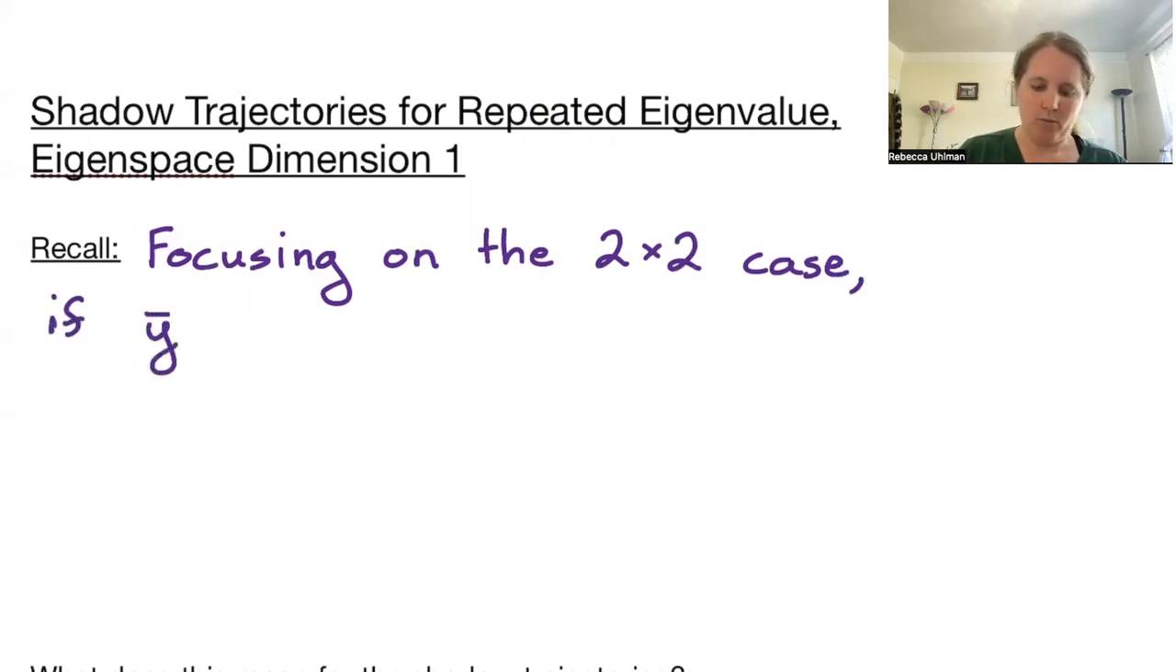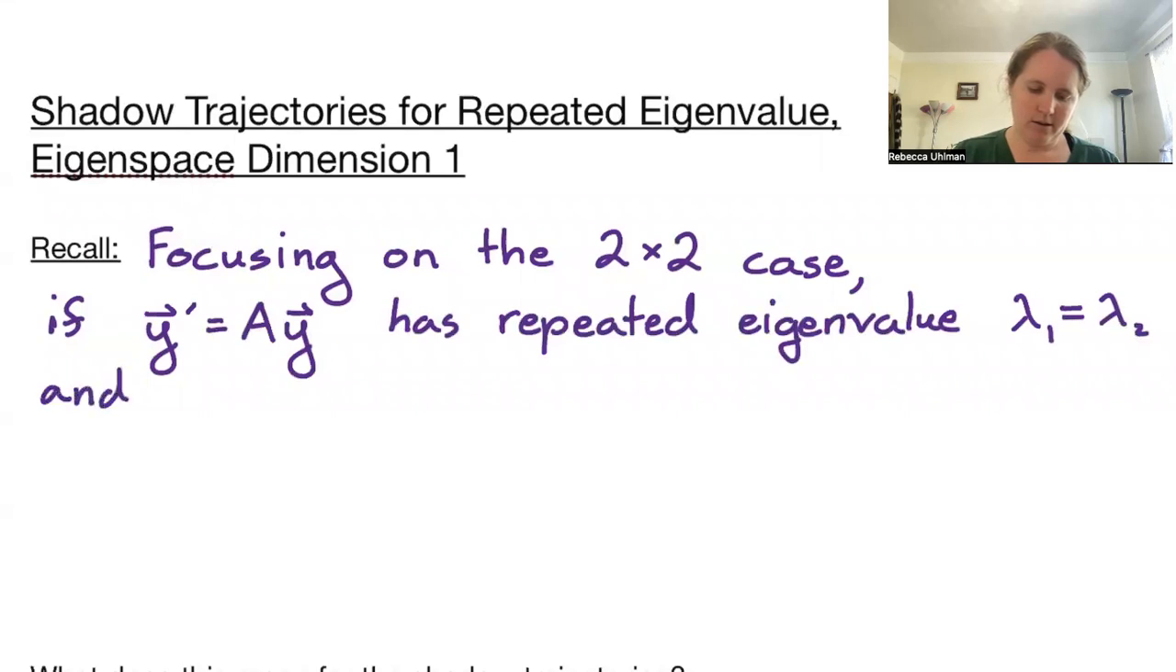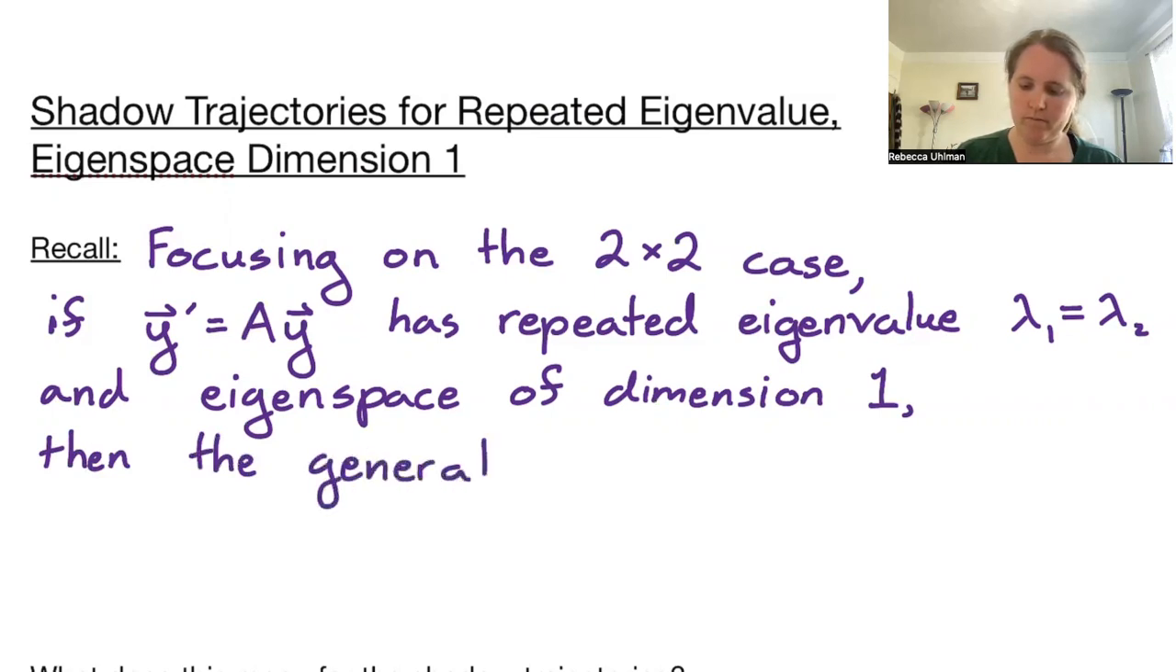If the system y prime equals Ay has repeated eigenvalue lambda, lambda 1 equaling lambda 2, and eigenspace of dimension 1, then the general solution takes the form